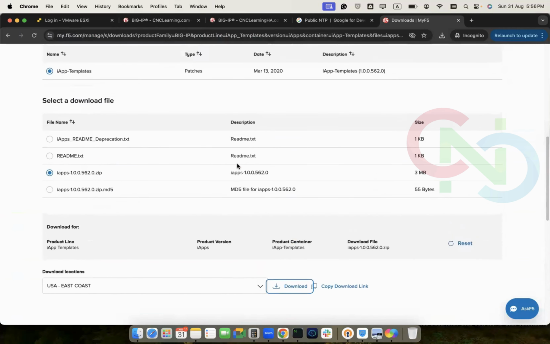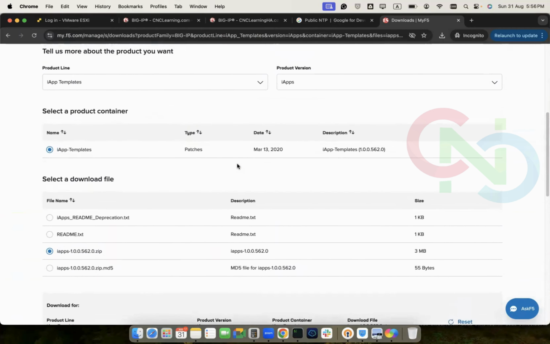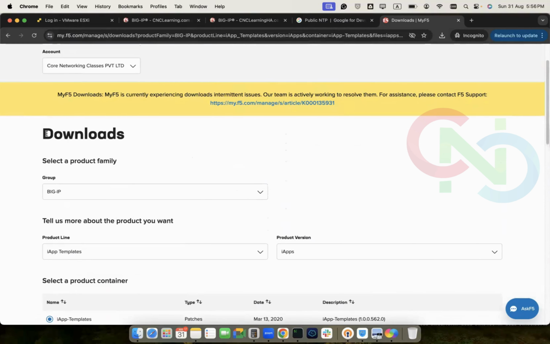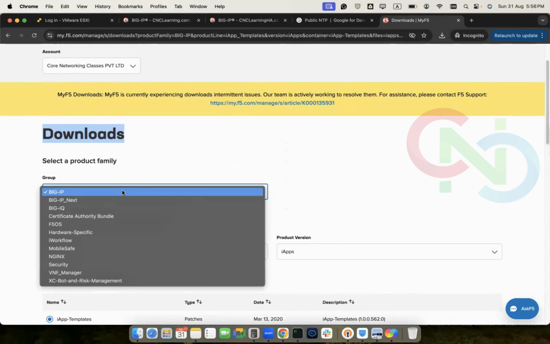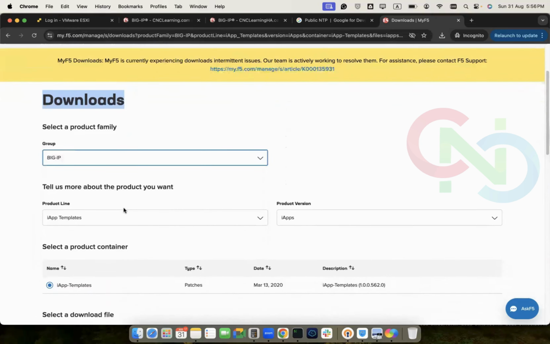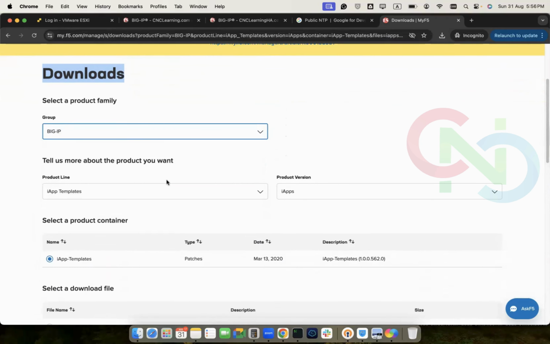Yeah. So how did you know where to go? I mean, is it a common portal? Common portal. You will download BIG-IP F5. You will download multiple stuff here, right? Okay. So BIG-IP, once you scroll down,